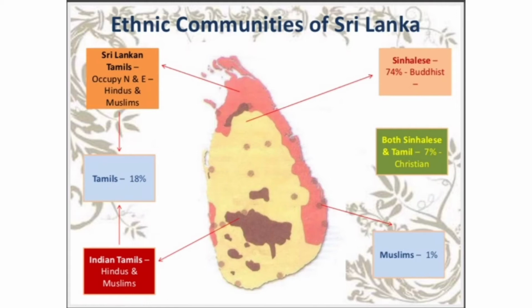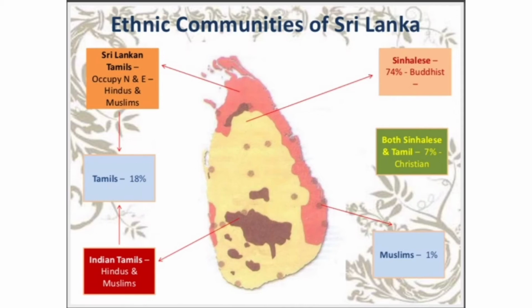The major social groups are Sinhala speakers and Tamil speakers. Sinhala speakers are 74% of people and Tamil speakers are 18%. In these Tamil groups, there are two subgroups. Tamil natives of the country are called Sri Lankan Tamils. The rest, whose forefathers came from India as plantation workers during the colonial period, are called Indian Tamils.